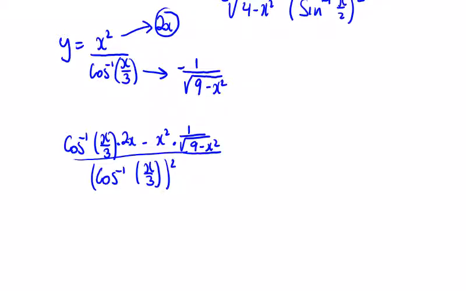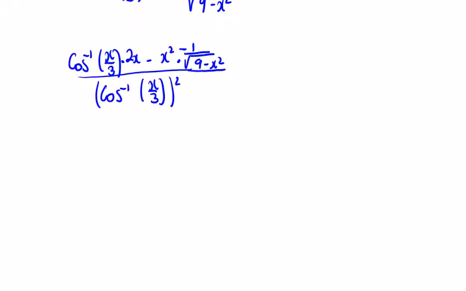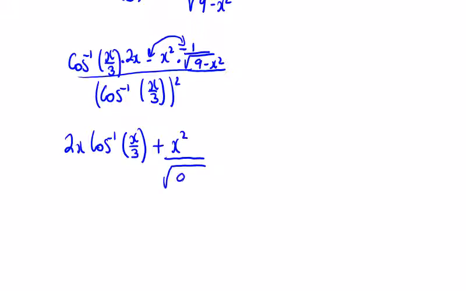So tidying this up, don't forget your minus in here. So tidying this up, we're going to put the 2x in front, 2x by the inverse cos of x over 3. This minus and this minus are going to give me a plus x squared over the square root of 9 minus x squared, all over the inverse cos of x over 3